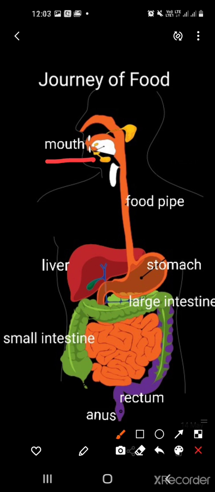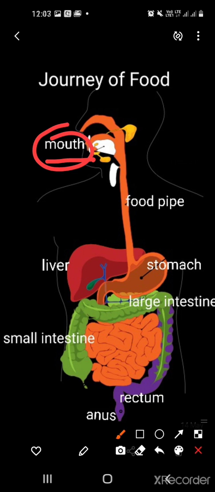You have different kinds of teeth in your mouth. So whenever you eat something, your teeth play a very important role. The teeth in the mouth grind the food into smaller pieces. Saliva present in the mouth helps to make the food soft, and also starts to break down starch to sugar. Fine. So this is the function of the mouth.